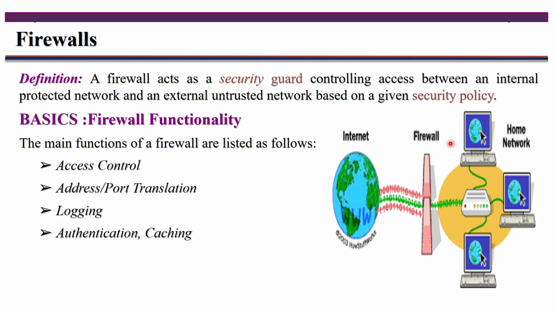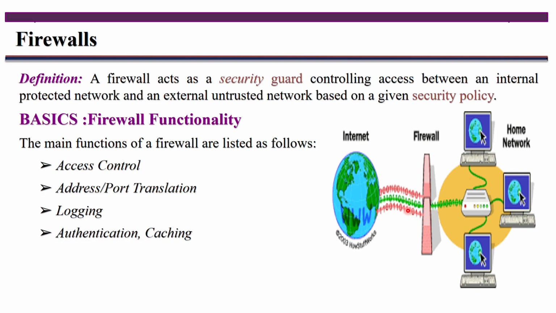Caching means, for example, this home network wants to access some web pages. All the machines that come inside this home network frequently access some particular web pages. So if you want to access any of the web pages from the internet, every time, first these two must be authenticated. Internet also has to authenticate itself, and next this home network also authenticates. For establishing the connection, we need to follow the three-way handshake. So that is the time consuming part here.